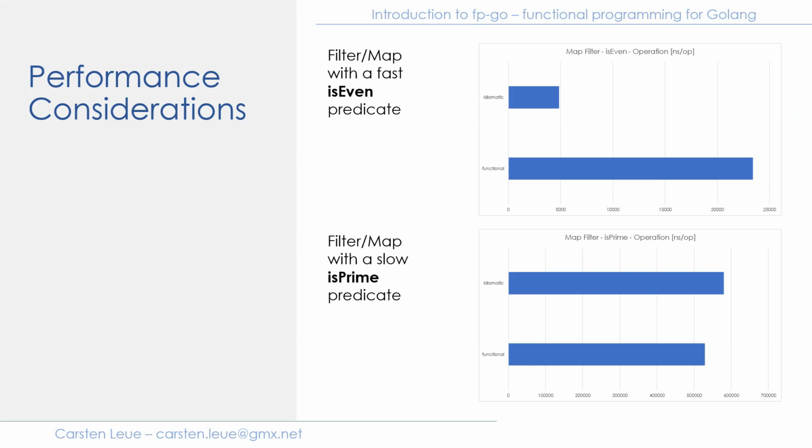idiomatic is still a bit faster, but no, it's just vice versa. Sorry, it seems that functional is faster in this case, but that's, I would say, an artifact of my benchmark. It just doesn't play a role in this case. And since many operations in the real world are really bound by I/O operations, or business operations that are not that fast, the overhead that this library introduces is, in my experience, acceptable, because it is visible on a micro scale, but not on a macro scale.